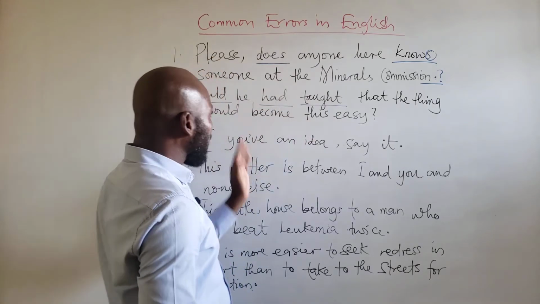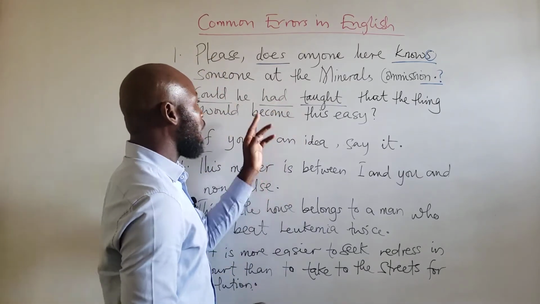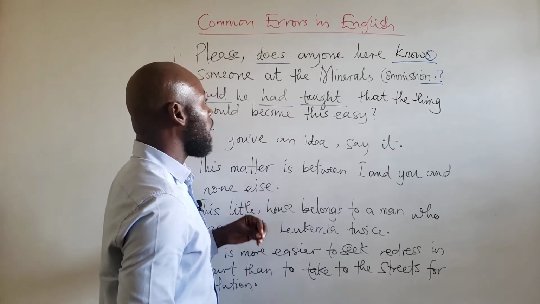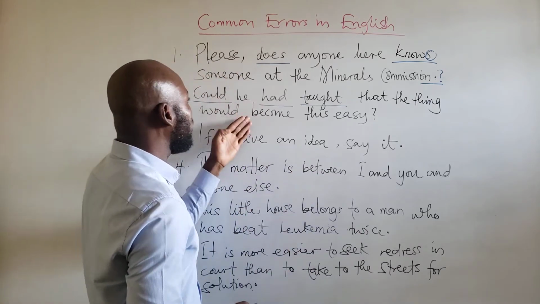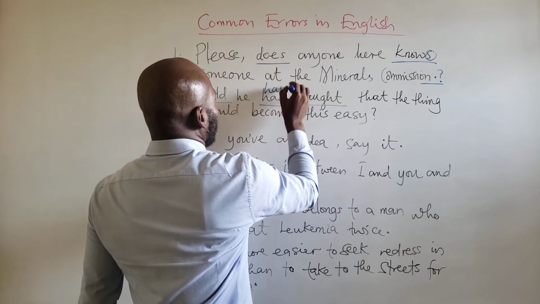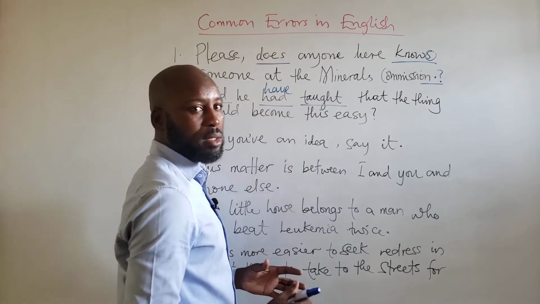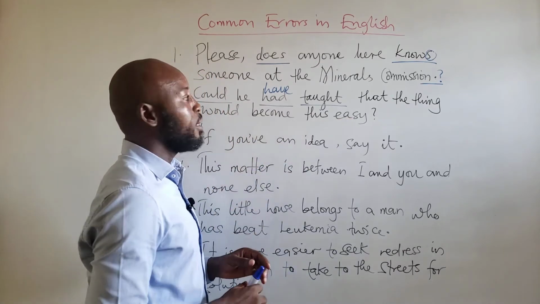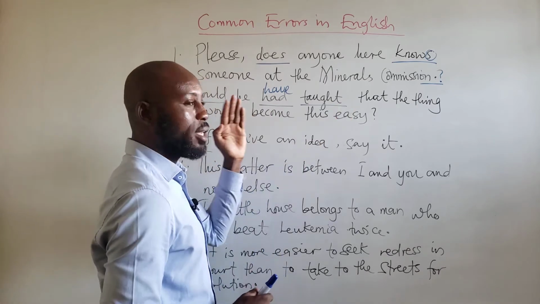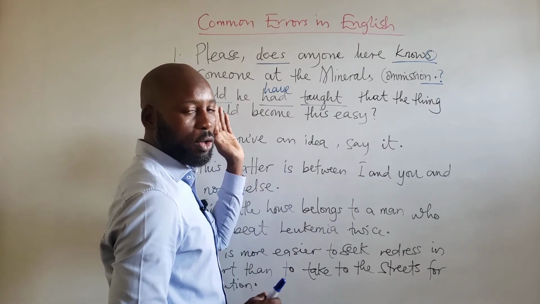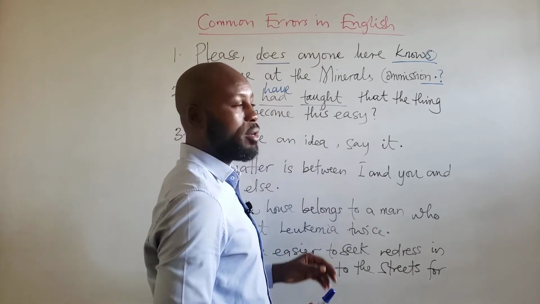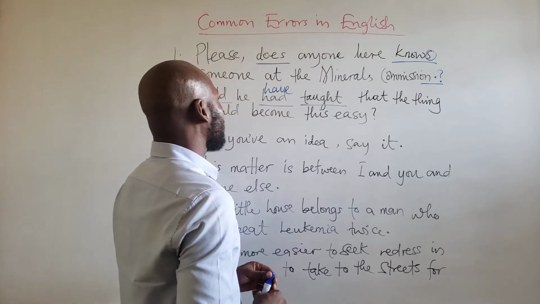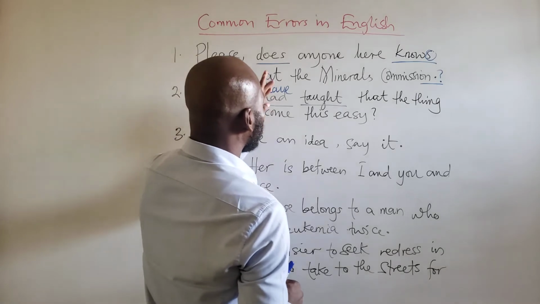and then it is followed by any of the forms of have, it does not change form. It is also maintained as the to have. So, could he have and not had? Mostly we make this mistake of thinking that because the sentence is constructed in the past, all verbs in the sentence, whether they are primary auxiliary verbs or they are main verbs or action verbs, they must all change to past. That is not the case. So could he have thought?